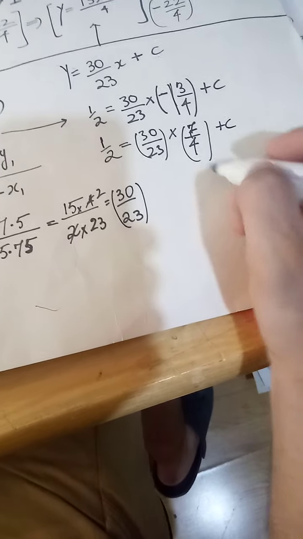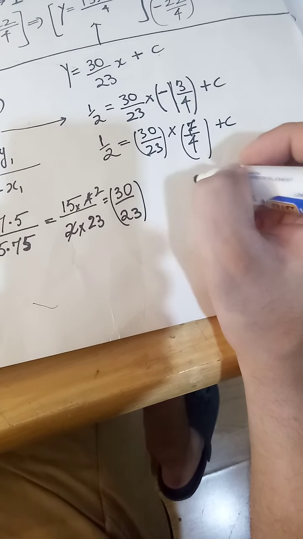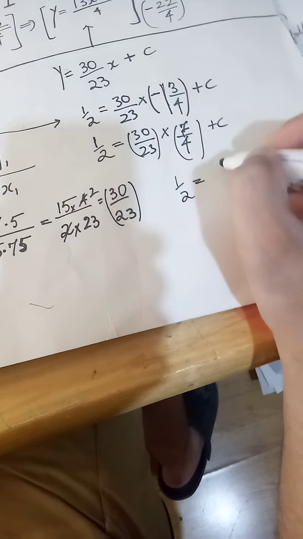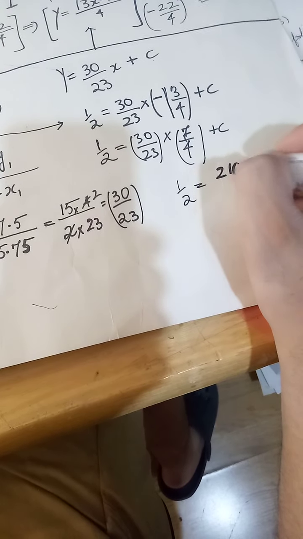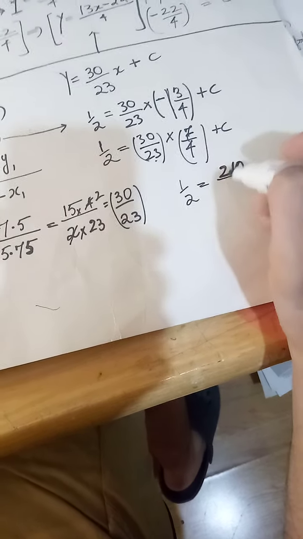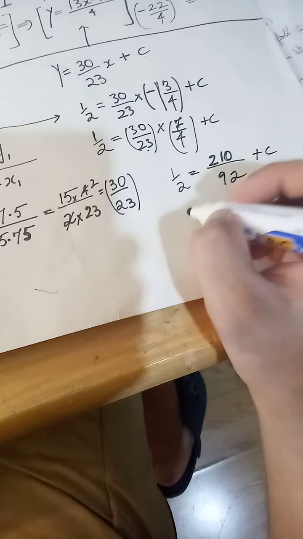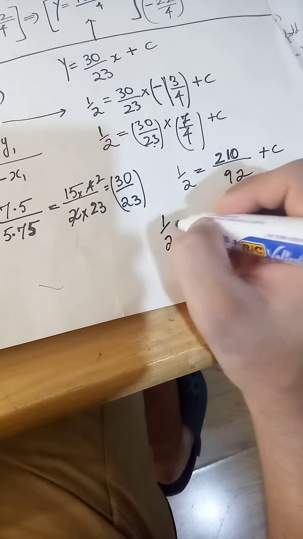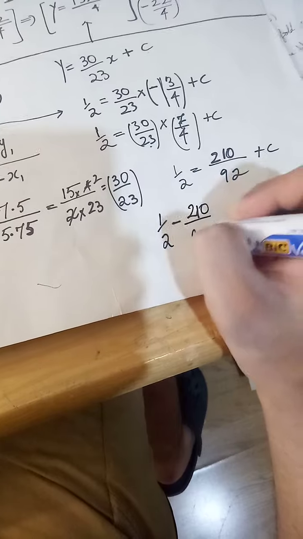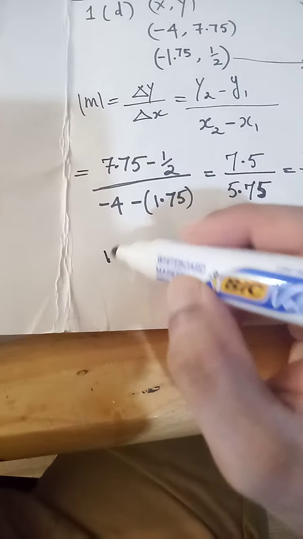And 210 over 80 is 92. So that will be the gradient, minus 1.783. So the final equation would be,